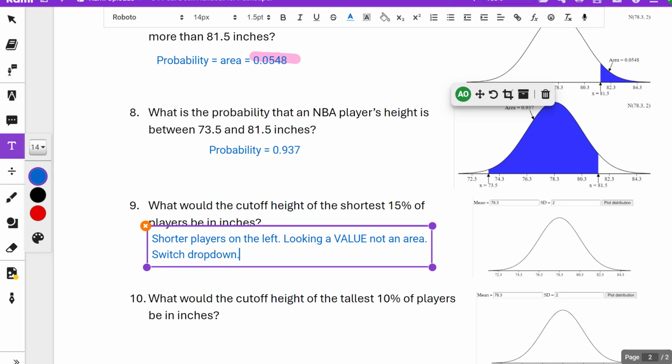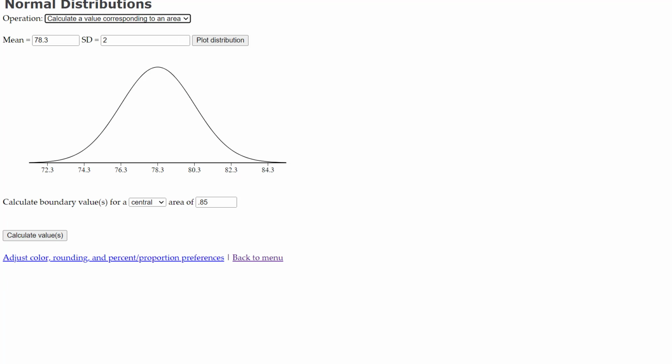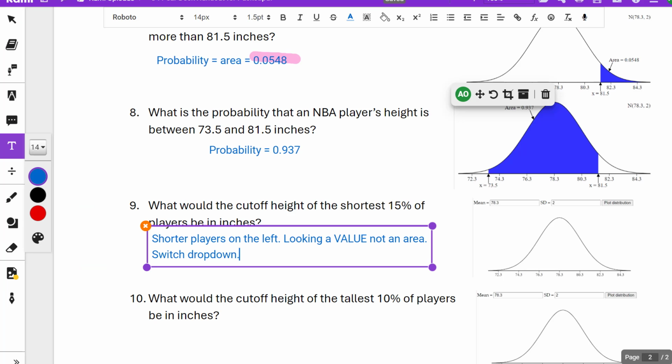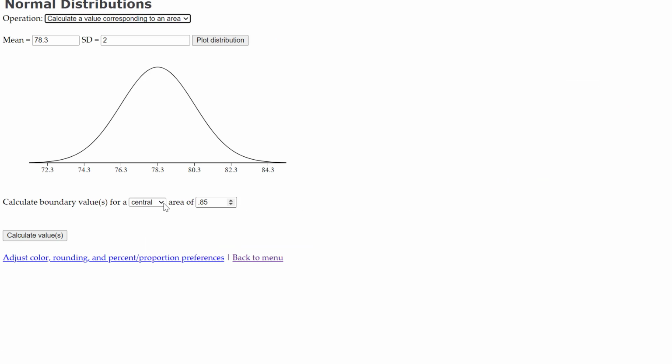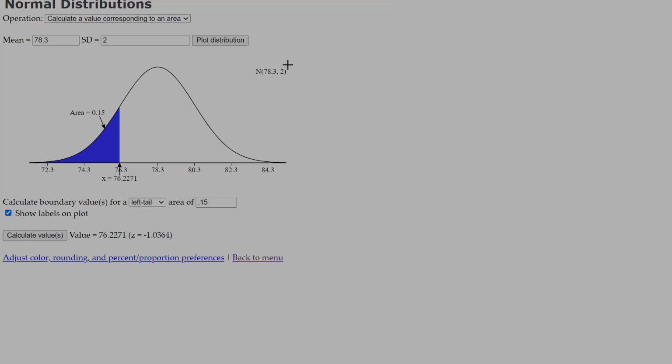All right, so let's go to our drop down. We're going to switch it, and we wanted the shortest 15%. So the shortest 15% is to the left. Make sure, yeah, calculate, I already did. And then we said 15%, 0.15, and boom. All right, so make sure it's on the left side. And there you are,